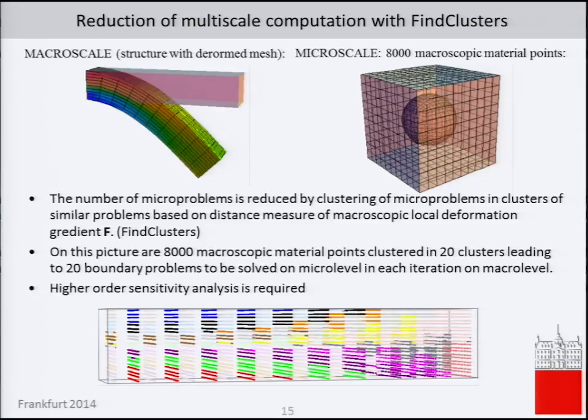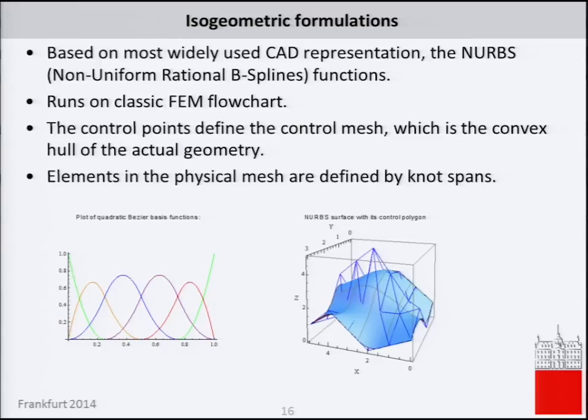So we were able to reduce the 8,000 micro problems into 20 micro problems. And we got some kind of clusters of these micro problems. And in this sense, we can really reduce the computational cost. And the last thing I will present is